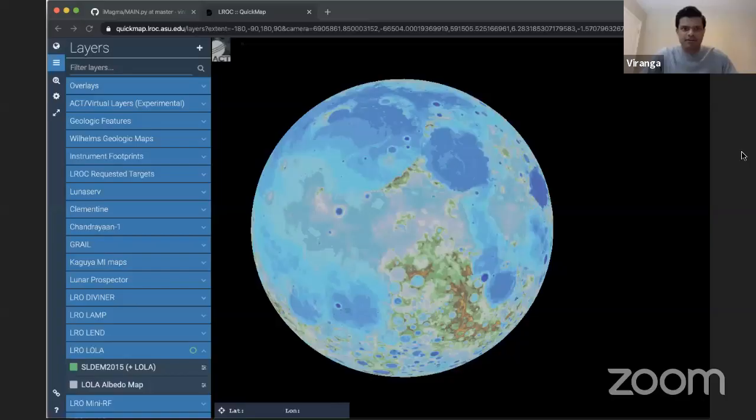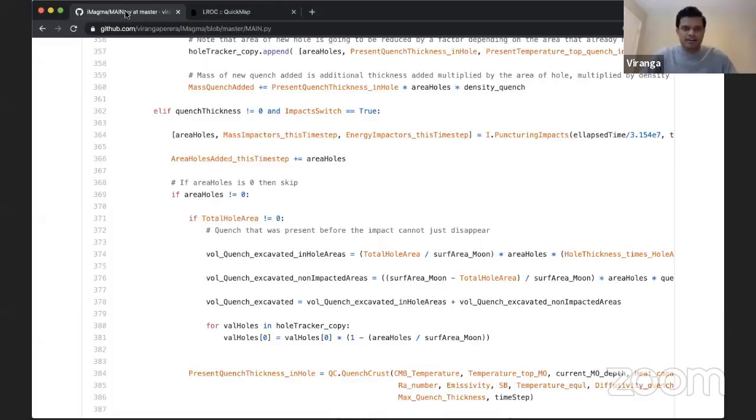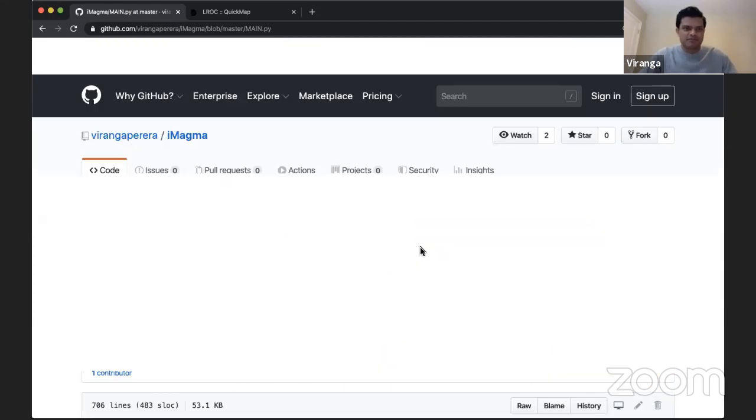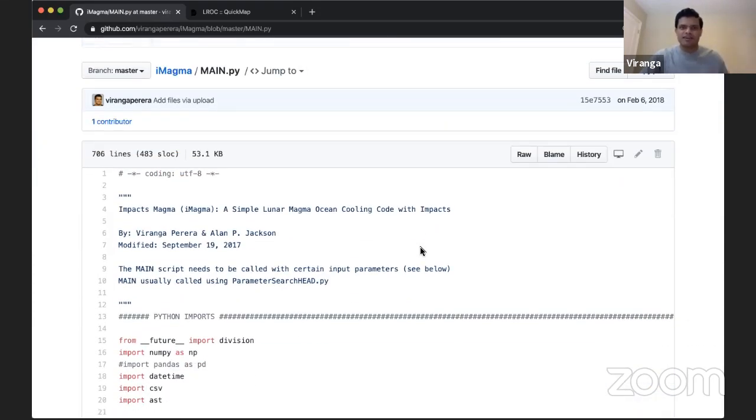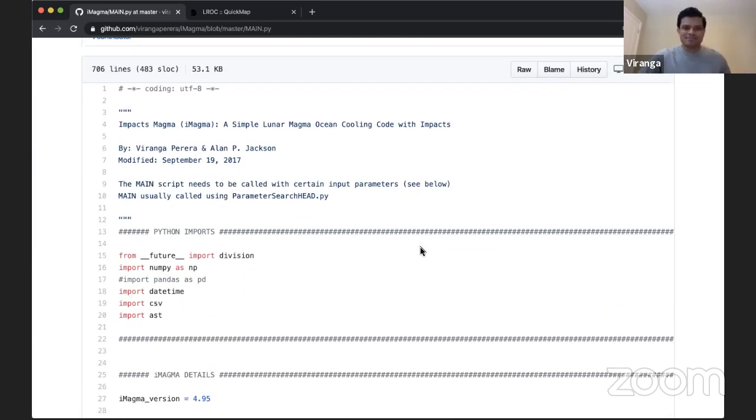So if I want to show you what that looks like, if you're interested, let me see if I can switch to Chrome again. Okay. Perfect. And so some of you might be familiar with GitHub, and if you're interested in seeing what I kind of do on a day-to-day basis almost, is taking this story and trying to develop a code that'll run